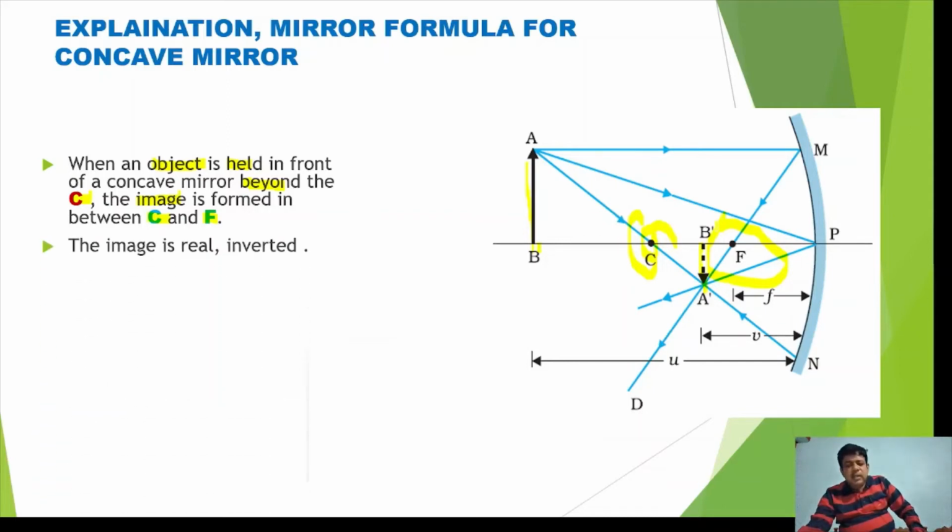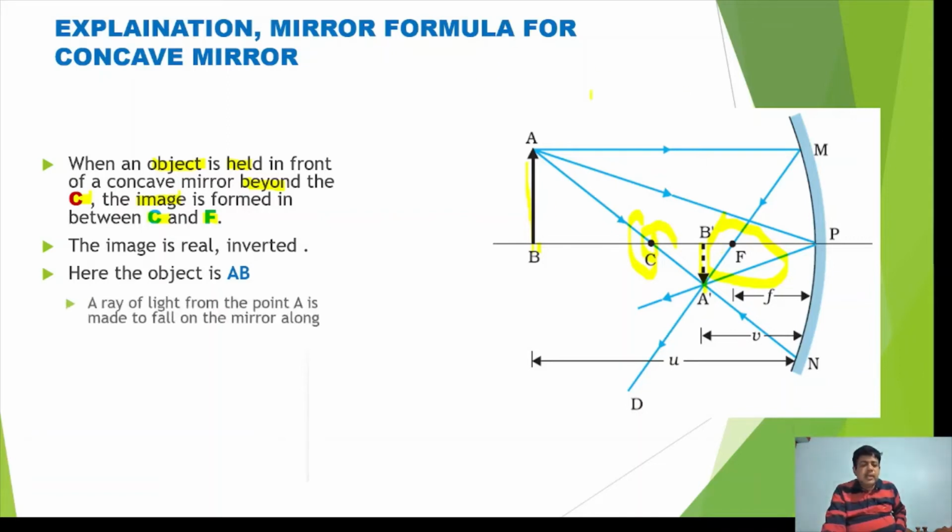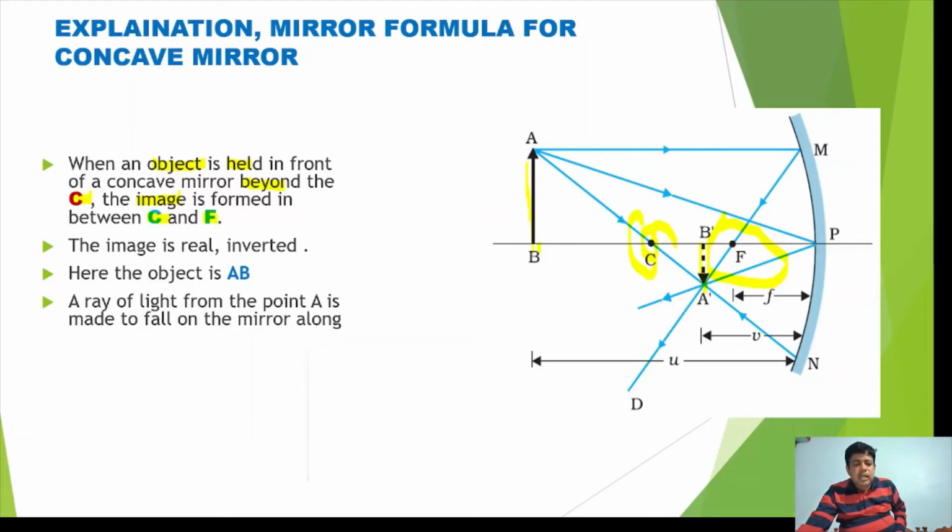And you know the image is real and inverted when the object is placed beyond the center of curvature C. The image is real and inverted, and the size of the image is smaller than the size of the object. So here AB is the object, yes, and another thing you see, a ray of light,